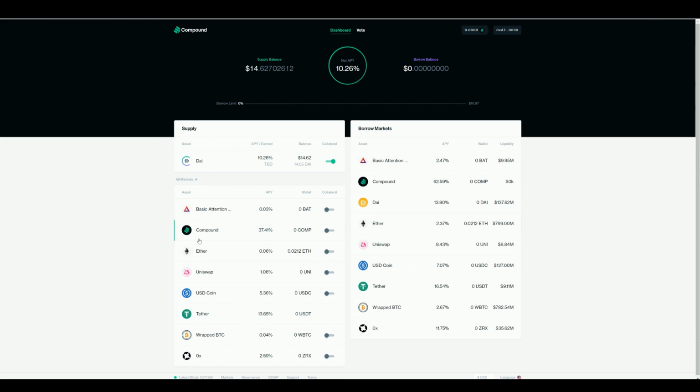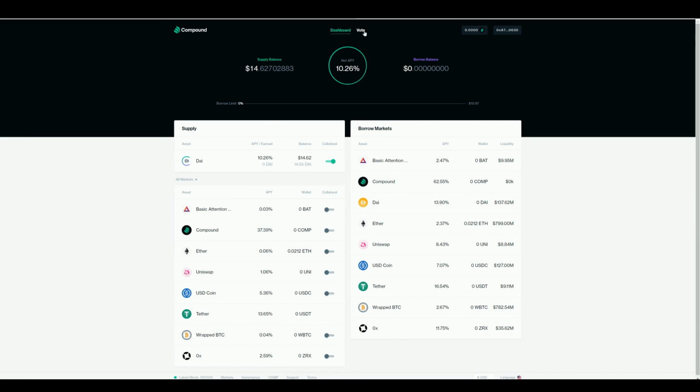So the other thing, as I mentioned, is this compound token called Comp, and actually, it has come up a few times in here. I've not really gone into it in detail, but by using the compound DApp, we also earn a little bit of comp. At the level we're operating at, it won't even count as anything because it's so small. But basically, they created this token, one of the reasons being to be able to give back value to people. If you have some of this comp token, which we will get in tiny percentages like 0.0000 whatever,